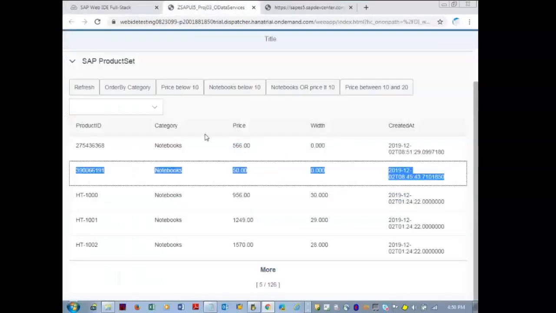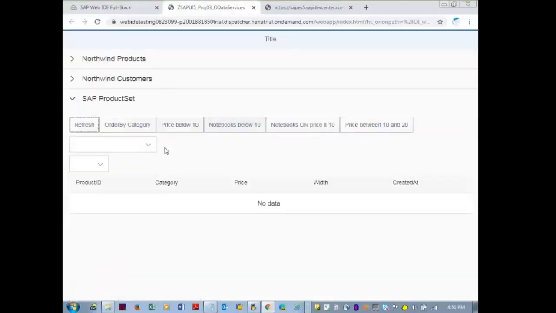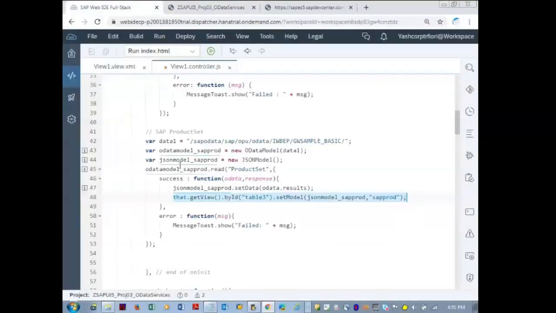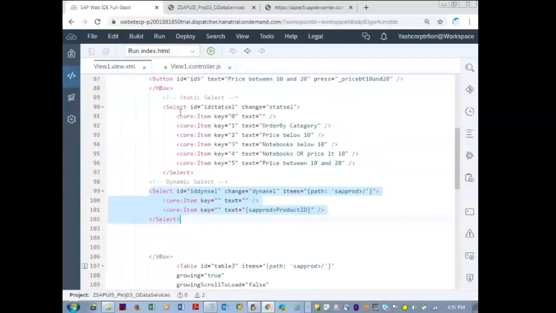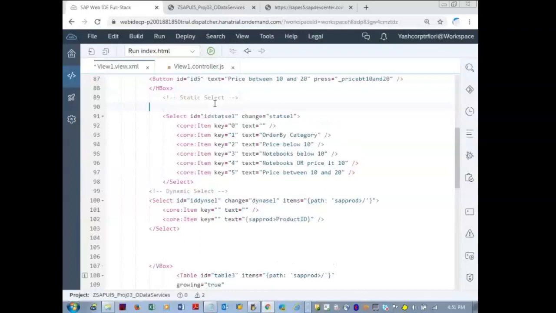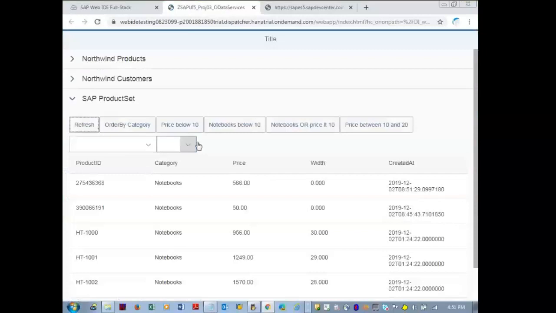Most of you, when you copy paste the code from my web IDE for the dynamic select control and execute it, you won't get data.